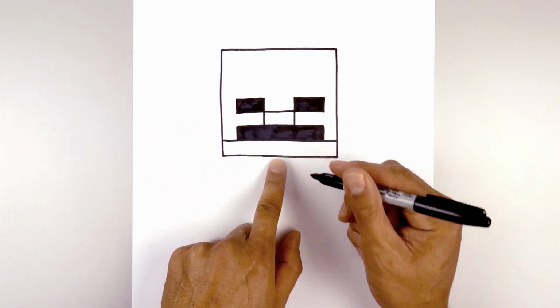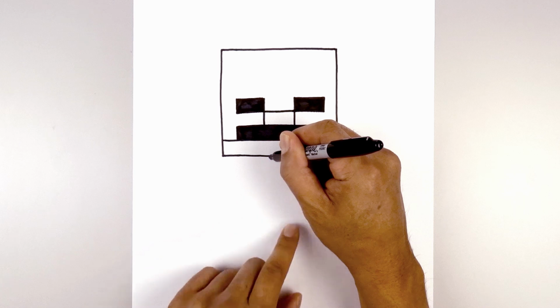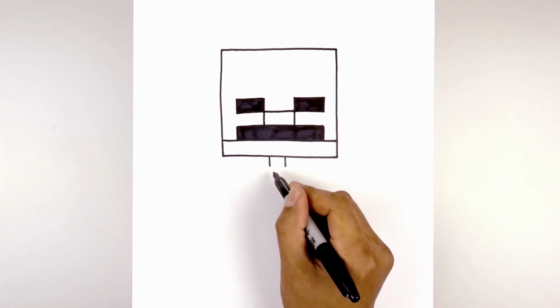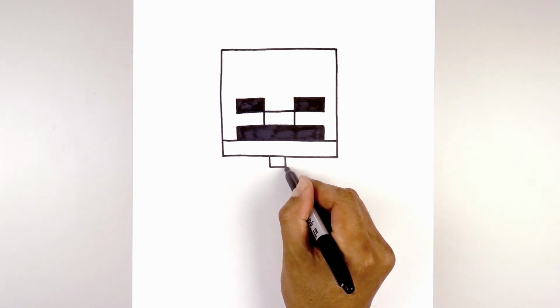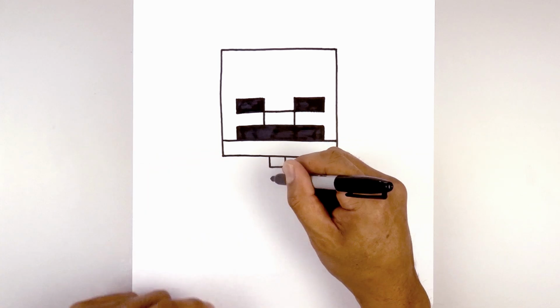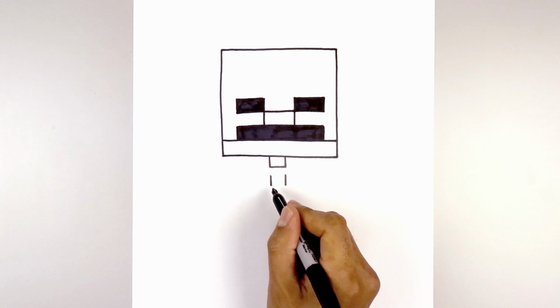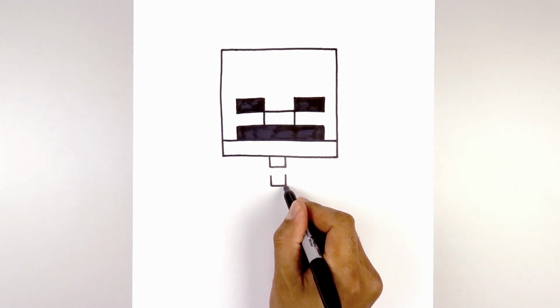We start with the neck first. So leaving a gap in the center, go to the left, draw one line coming down, and do the same thing on the right. Now let's close off the bottom with a straight line. Now we're going to leave a gap and draw two more lines coming down on either side. Let's close off the bottom with a straight line.